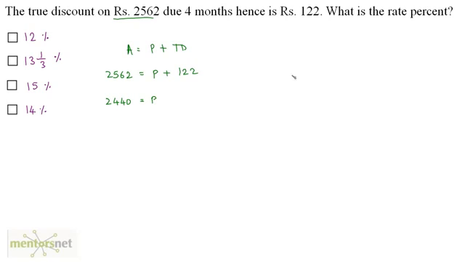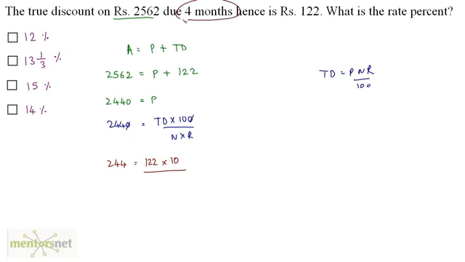Now what is the true discount's formula? Well, true discount is equal to PNR upon 100, isn't it? So from that we can get the formula for P. So P is actually true discount times 100 divided by N times R, right? On the left hand side we have 2440, isn't it? This 0 and this 0 cancel out. So we have 244 is equal to true discount, which is given, 122, times 10, divided by